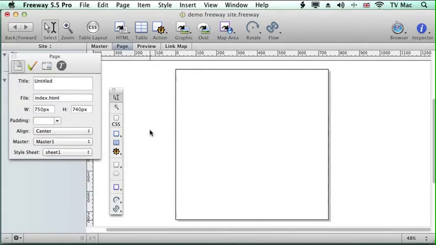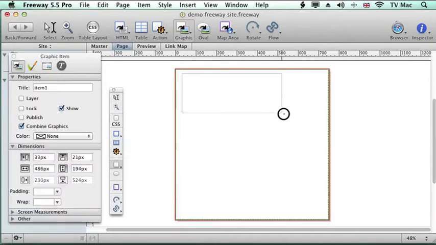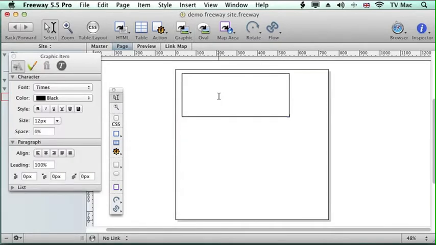In other packages like Dreamweaver or in hand coding, you have to go into a program like Photoshop, create the text in there, save it as a GIF or a JPEG, and then import the file as a picture file onto your web page and position it there. In Freeway we can do it all in the package, and we use this draw graphic element box on the page. So what we do is just draw a box for the text that we want,